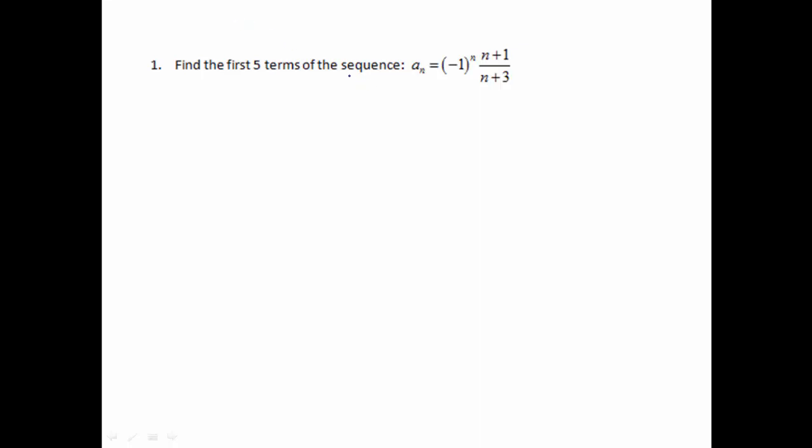Right, number one, find the first 5 terms of the sequence. a sub n equals negative 1 to the n times n plus 1 over n plus 3. So we basically just need to plug in 1 and then 2 and then 3 and then 4 and then 5. So I'm going to do that. I'll get negative 1 to the first times 1 plus 1 over 1 plus 3. Negative 1 to the first will be negative, and then that will end up being 2/4, which would reduce to